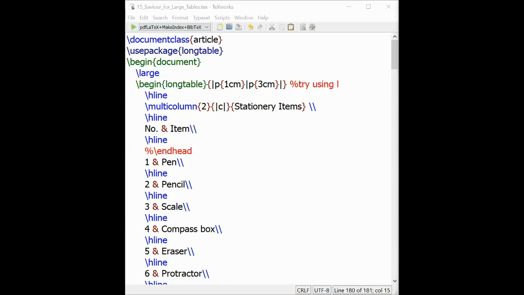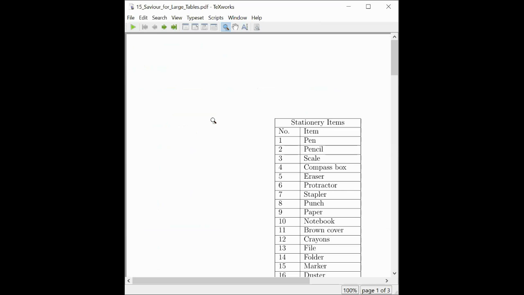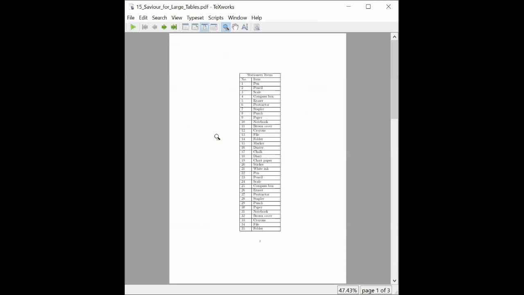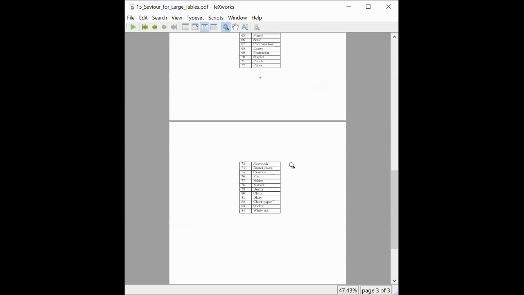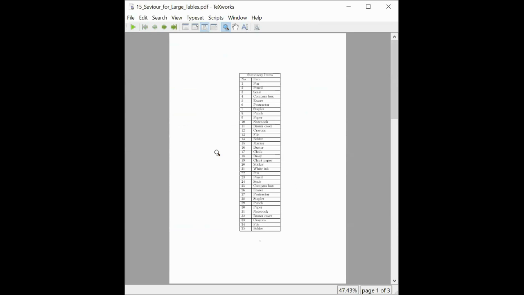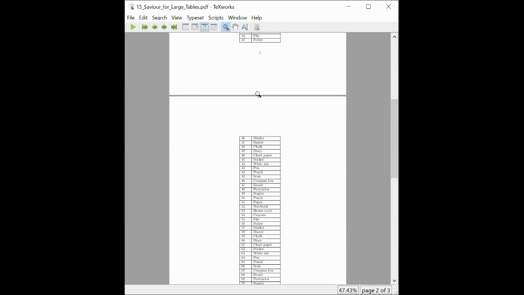So now you see the output, what happens. In the first page it kept the contents up to 35, and you have the page number, and the next contents have flowed to the second page, and it can go into the third page. Only with longtable, you can break these big tables and put them into separate pages. If you are using the table environment, this is not at all possible. I showed you that.